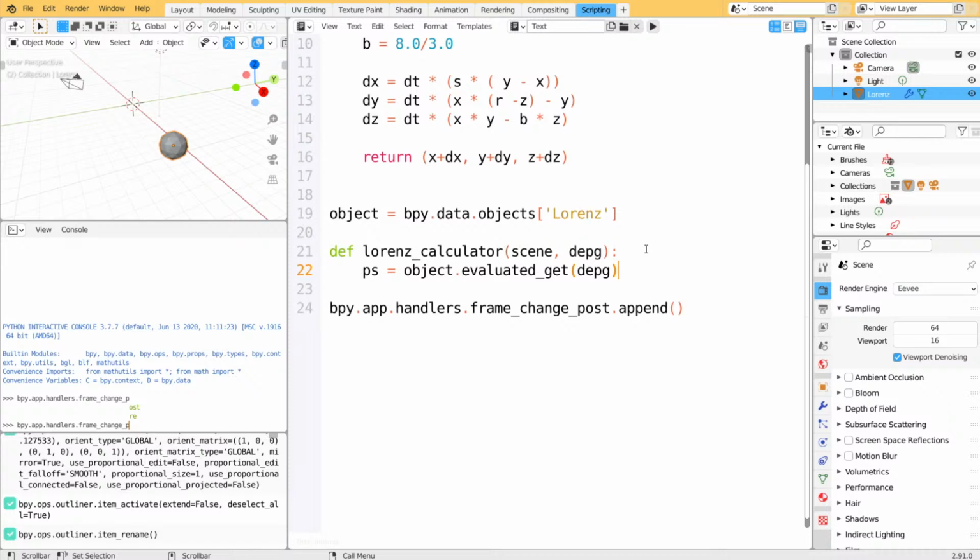Well, these things aren't trivial yet for me, but here we have a particle system